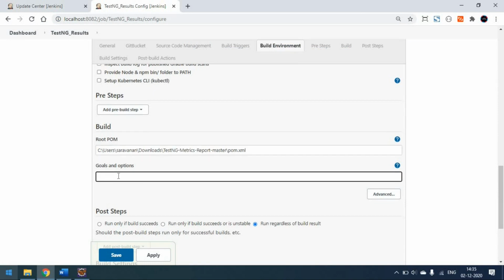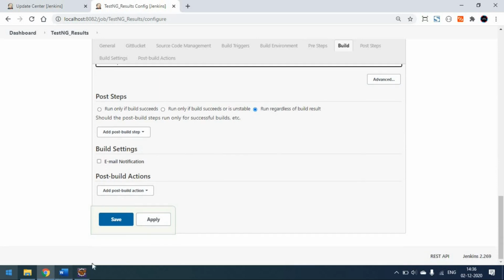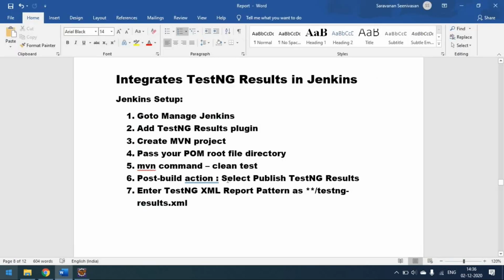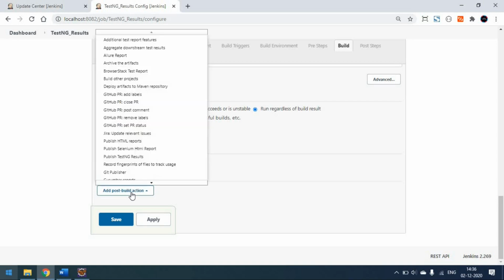Our goal is clean test. Since this is a Maven project, you don't need to give the mvn option. After this comes the post-build action, where you have to select Publish TestNG Results.